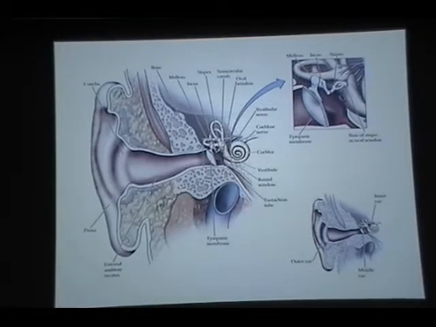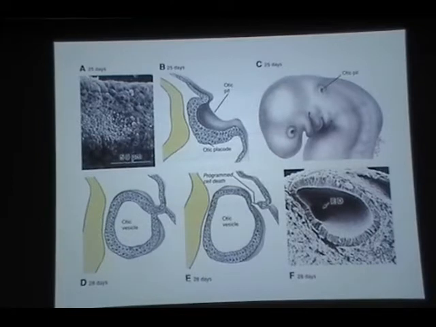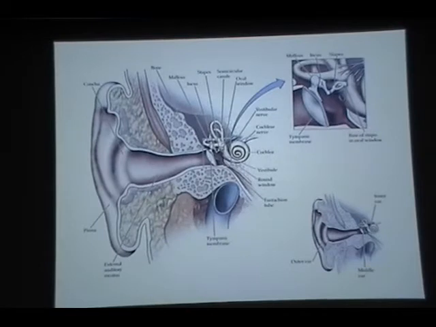So if we look at the ear itself, remember we talked about the external auditory meatus. This is formed from the groove between arch 1 and arch 2. The pinna, the external ear: as the ear forms, here's arch 1, arch 2, right in this region, these hillocks, these swellings begin to form here, and those swellings will remodel and form this external ear, all the structures surrounding that external auditory meatus. If you remember, the pouch between arch 1 and arch 2 will form the auditory tube and all the tympanic membrane,